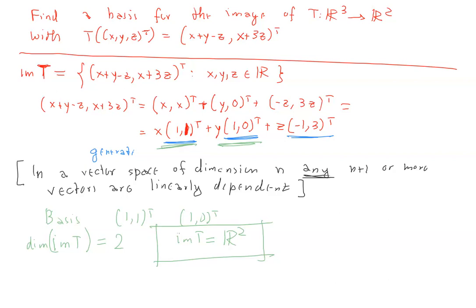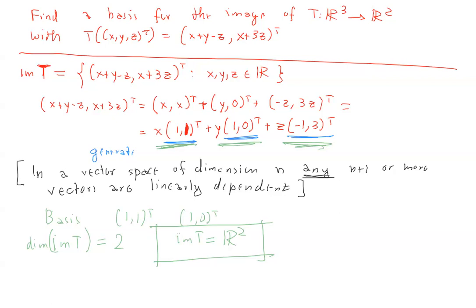Why? Because for many reasons. One of which is that they form a basis of R2. They form a basis of R2, which means that this third vector is a linear combination of the other 2. Okay, but you will see that in general,